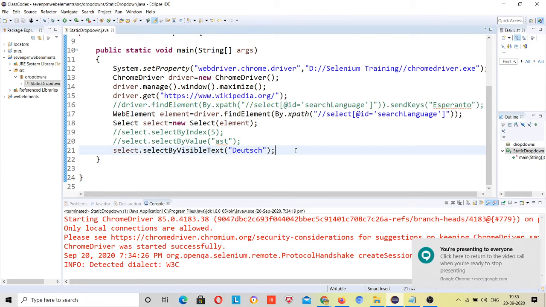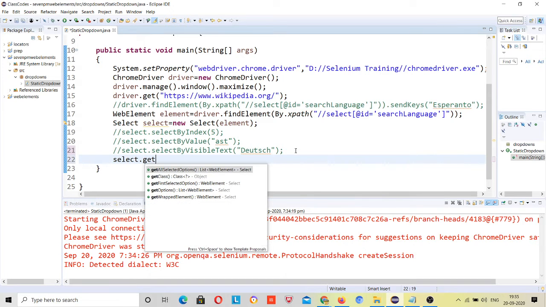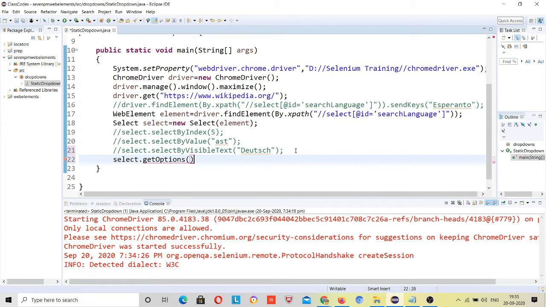First let's take this get options method, and the get options method is present with the select class only, right? Because the option tag is present with the select only in HTML, right? Select dot get options, right?